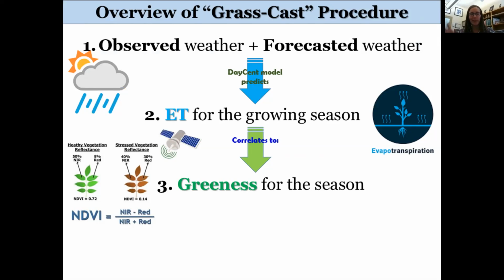Just as a little side note, NDVI is remotely sensed by satellites. It's measuring how much light is reflecting off of plants. And it turns out that healthy plants reflect a different set of light than unhealthy plants or plants that aren't actively growing. And so based on these signals that are bouncing off of these plants, we can actually tell the difference between grass that's growing well and grass that's not growing well. And so I'll just refer to that throughout the presentation as either the greenness or occasionally I'll use that term